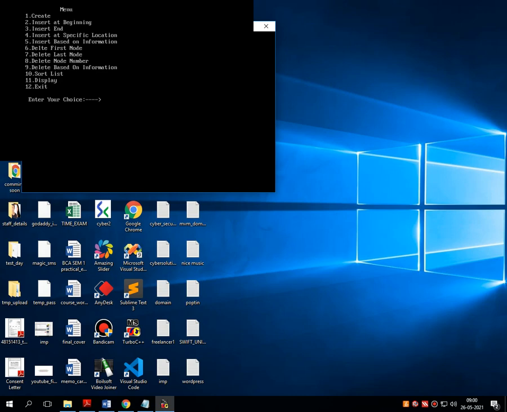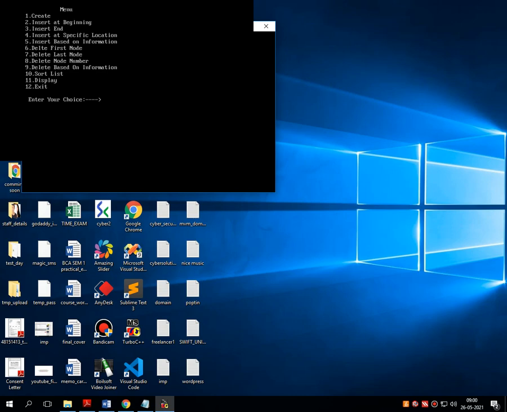Which one is the last node? Obviously MVM. So here I am selecting operation number 3, insert at end. Now over here suppose I am giving the roll number 16 and a name, suppose some meaningful name. Let's have, what to give? Rajkot. Which one is the last node? When I created the linked list, it was MVM.